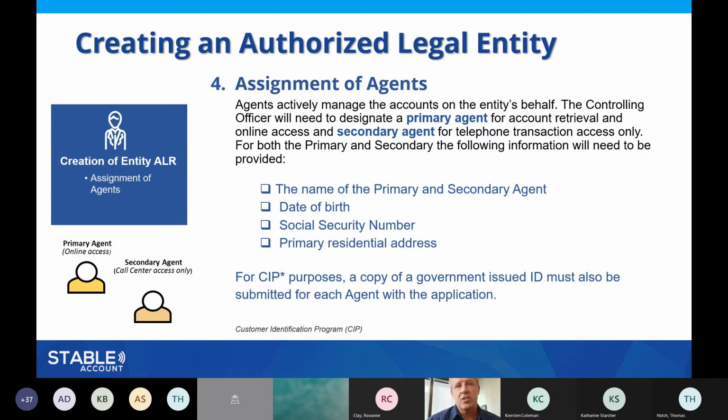The secondary agent's role is to be there as a support, but they will only really have telephone access to call into customer service, ask questions, and seek more information.